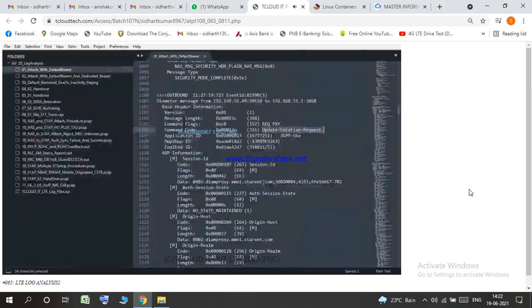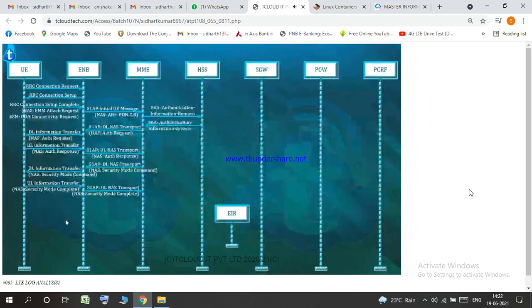So what is this update location request? It is a way of communicating to HSS and telling the HSS that the mobile successfully completed its security mechanisms, and I now want the mobile subscription information from you so that I can proceed further with the step. What about IMEI validation? IMEI validation is there, but it will be dependent on the MME's configuration. If the operator's MMEs are not configured to verify the IMEI number, they won't verify. But if MMEs are configured to verify, then MME takes the responsibility of sending